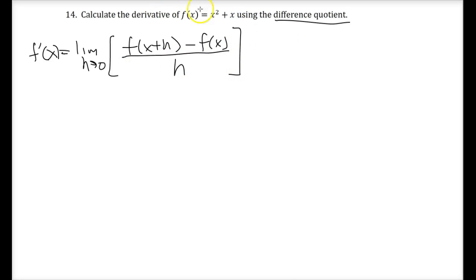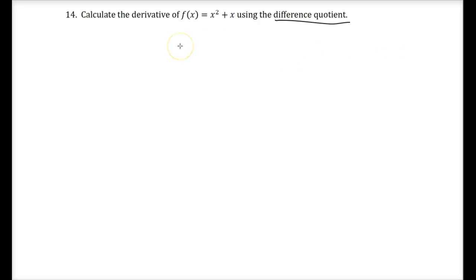What I do not want is this, where you come and say, all right, well, I know the derivative of f is just 2x plus 1, and that's all you give me. That's not what we're trying to see here. We're trying to see, can you actually evaluate the difference quotient, get an expression, and then take that expression and evaluate it when h is 0. That's what we're trying to see for this question. So you may get the right answer, but this question is more so of how you got the right answer. Okay? All right,